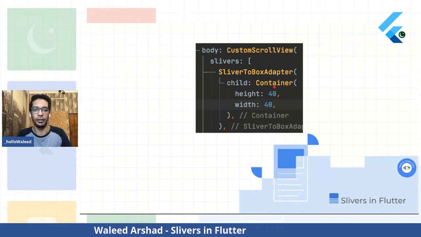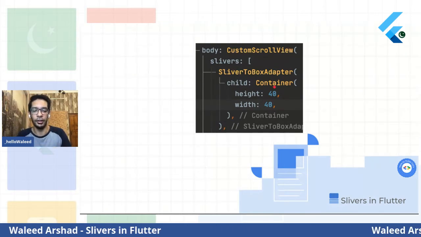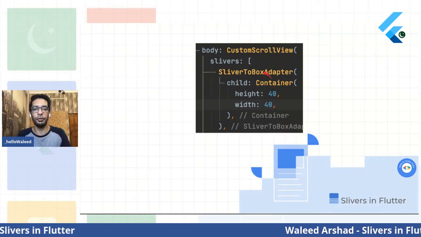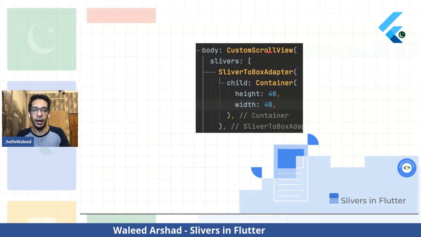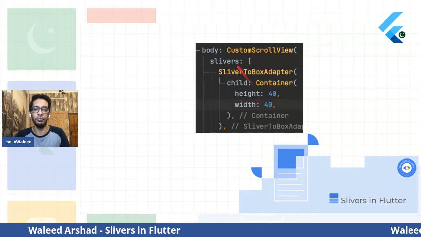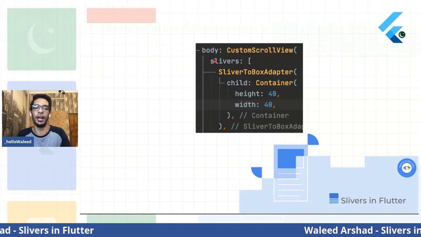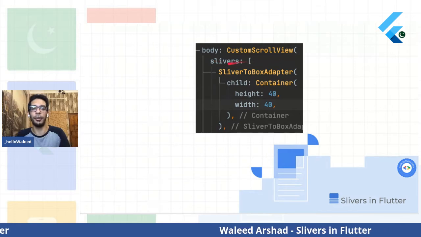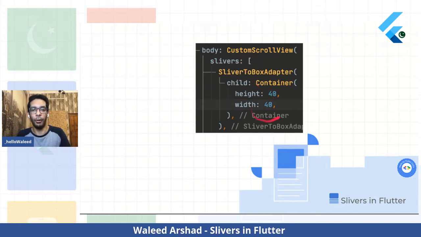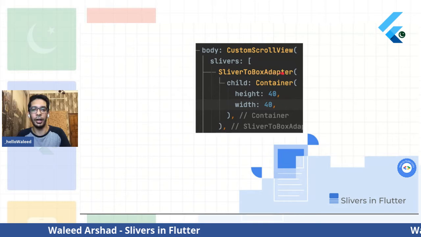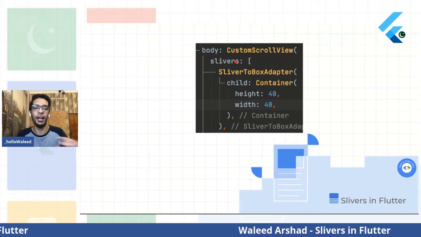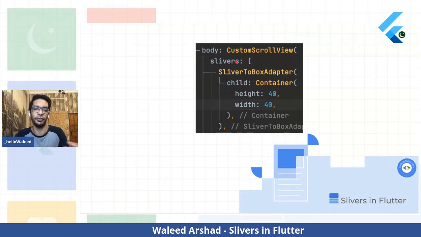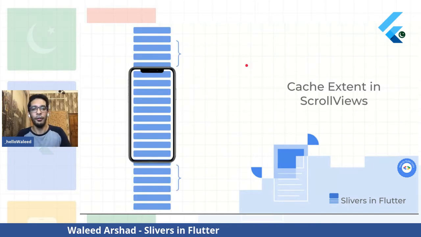That's how CustomScrollView handles all the Slivers inside it. So the point is, all the things that are to be given inside a CustomScrollView need to be of type Sliver. That's the key. It won't accept anything else. So for normal widgets, it has given an adapter. So use that adapter, but it won't accept normal widgets. That's the simple straight thing that CustomScrollView says.